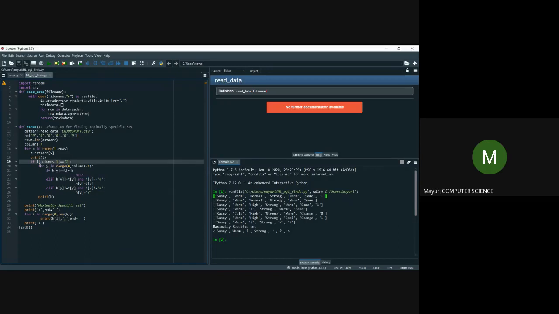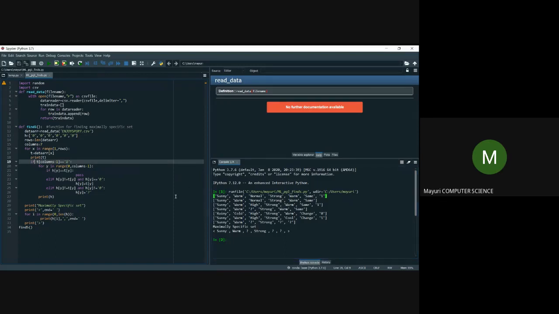Here, the x-axis is nothing but your each row. Y-axis is nothing but the values in the respective row. Two-dimensionally I am taking. X-axis represents each row of data set. Y-axis represents in a particular row all the column values. So now I have to compare my column values, means I have to compare T of Y with H of Y. What is initial H of Y? All are 5s. What is initial T of Y?